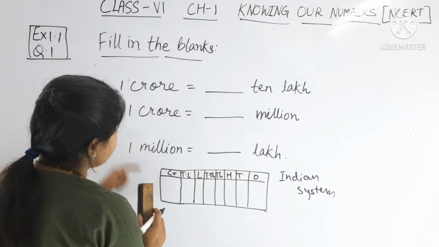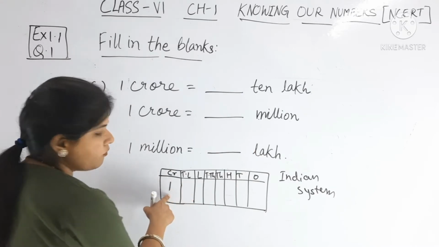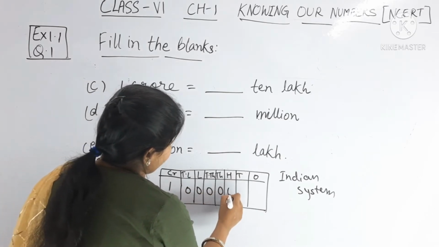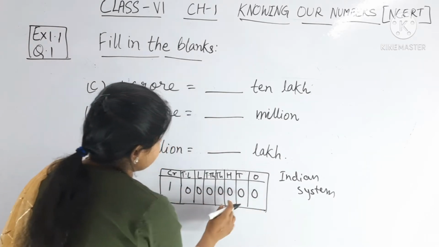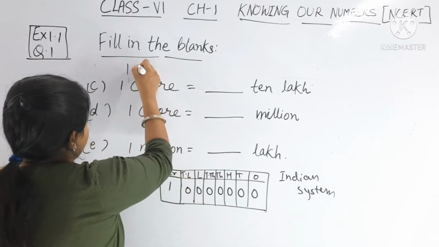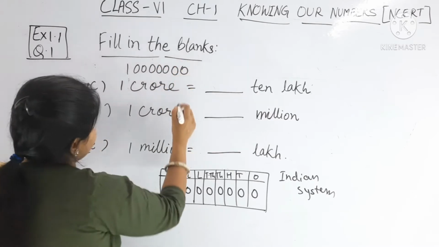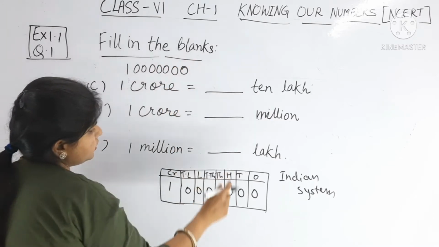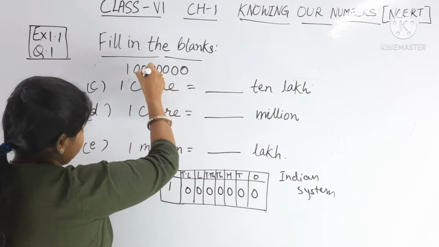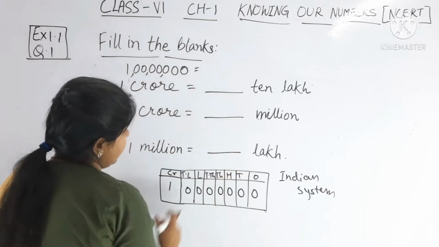For making 1 crore we have to write 1 in the place value of crore and the others are 0. 1, 2, 3, 4, 5, 6, 7. Means how many zeros in crore? 7. So 1, then 7 zeros. How do you put commas here? After 3, then 2, like this. Equal to,